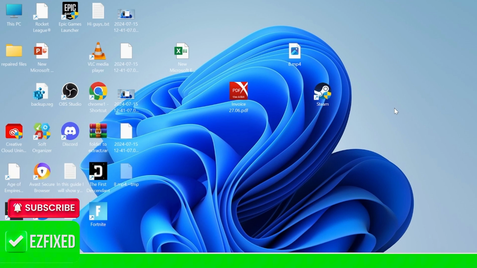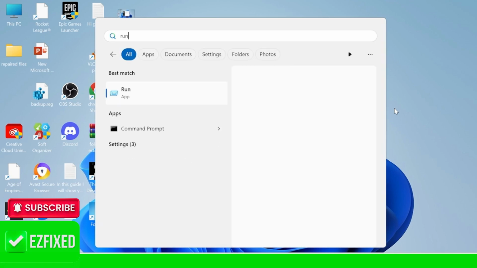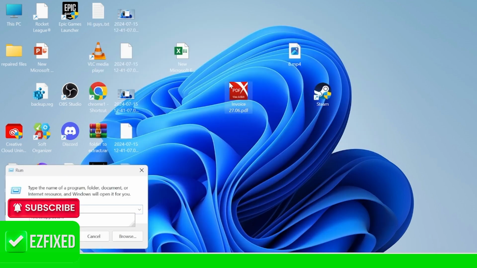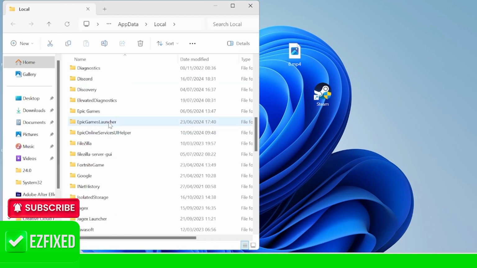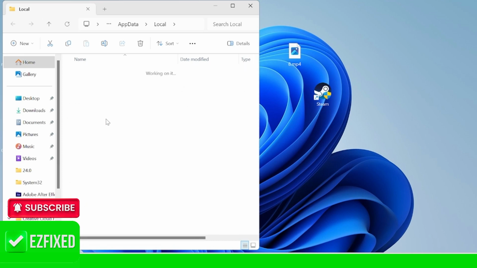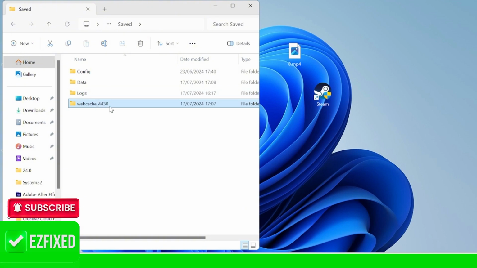And the next thing we're going to do is clear our games cache. And we can do this by heading over to the Start menu, searching for Run, and then head over to the Run icon. Inside of here, we need to type in %localappdata% and hit enter. Come all the way down here until you find the folder Epic Games Launcher, and we need to double click on this. Come inside of Saved, and inside of here you should see this web cache folder with some numbers,